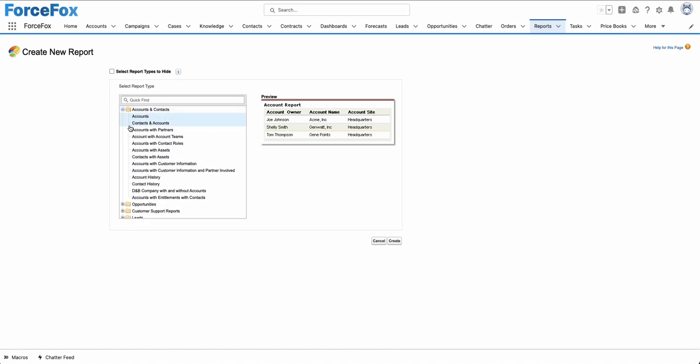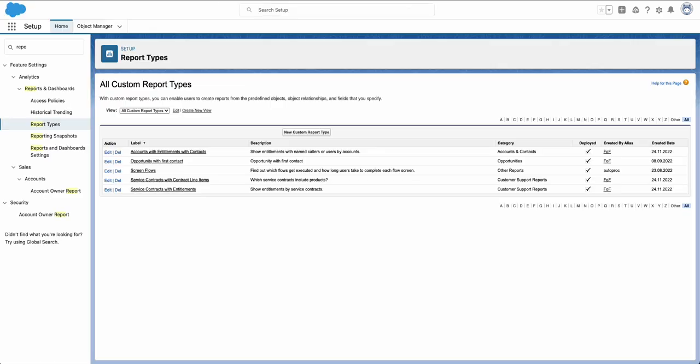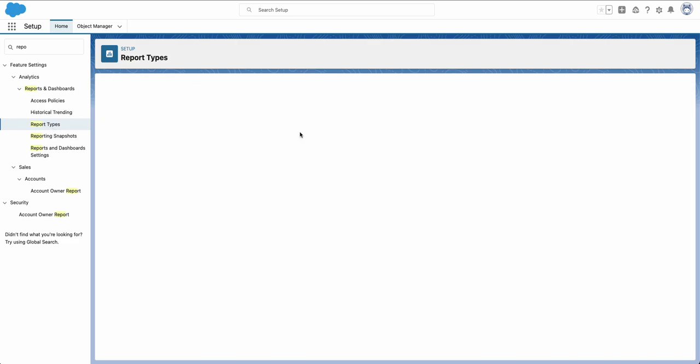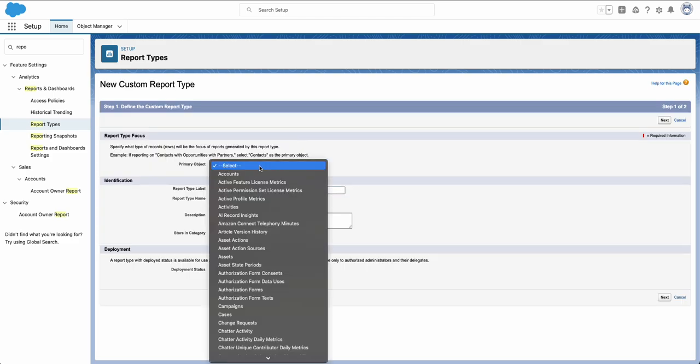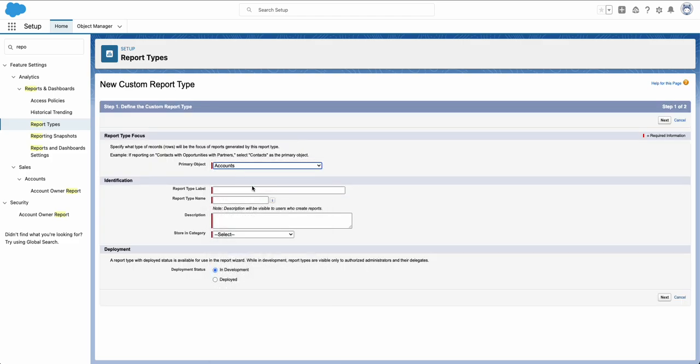You see here, you have a lot of report types. These are all standard report types provided by Salesforce. If you now work with custom objects, you're able to create your own too. Therefore, let's go to our setup and just type in report types. Let's create our new custom report type. As I said, our primary object will be the accounts, and we want to have our custom object, customer information, related to it. So let's call this one